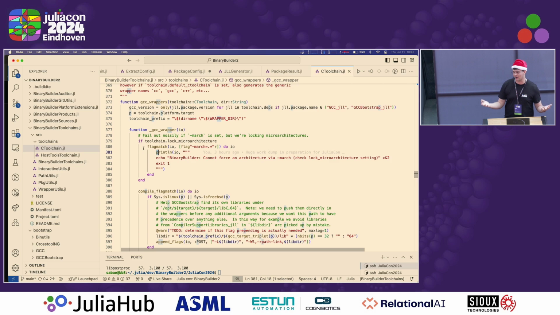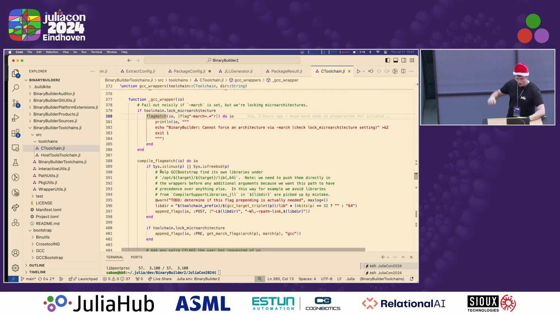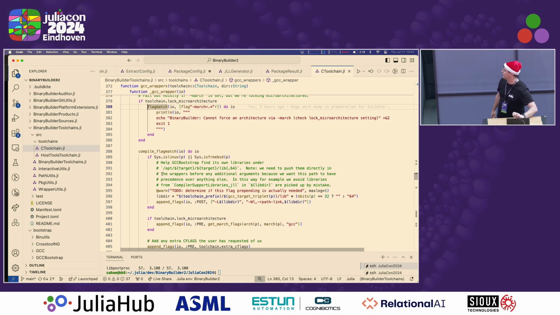Well, what language am I going to use to generate the bash scripts? Of course, it's Julia. So what I do is this flag match function that has a do block will create the if statement that does the regex compare here, using my own string macro thing. And then inside here, I can just print out whatever bash stuff I want. And so all of these things are this incredibly cursed mixture of Julia code that's generating bash scripts. End result is we have a slightly more maintainable way of creating these bash scripts that make the wrappers for the executables that we're going to run to build things in BinaryBuilder.